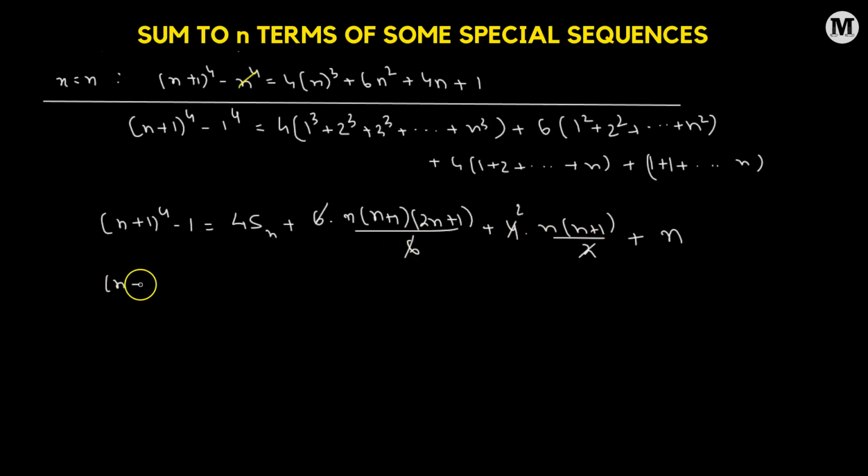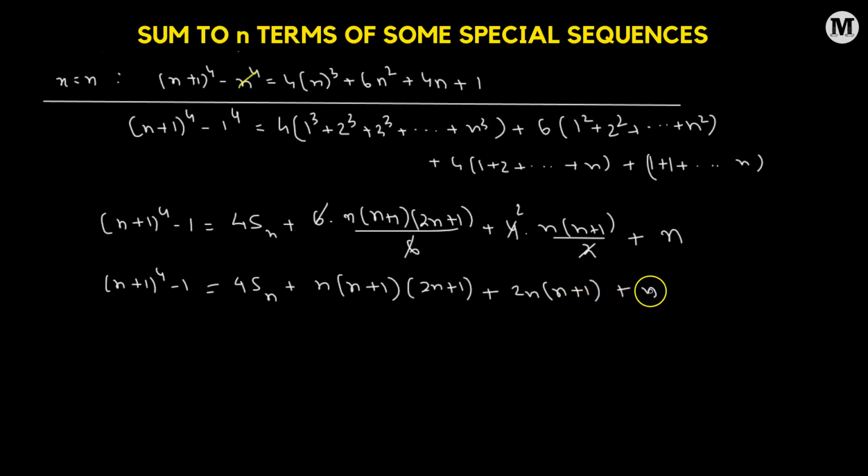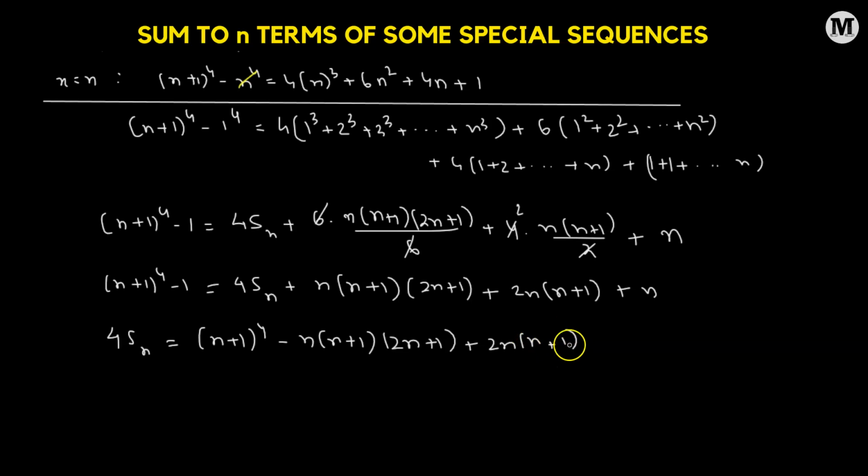So now we have (n plus 1) raised to the power of 4 minus 1 equals 4 times Sn added to n times (n plus 1) times (2n plus 1) added to 2n times (n plus 1) plus n. Okay, since we need Sn, we're going to rewrite all the terms where 4 times Sn equals (n plus 1) raised to the power of 4. Then we have negative n times (n plus 1) times (2n plus 1) plus 2 times (n plus 1). Then this is going to be actually negative